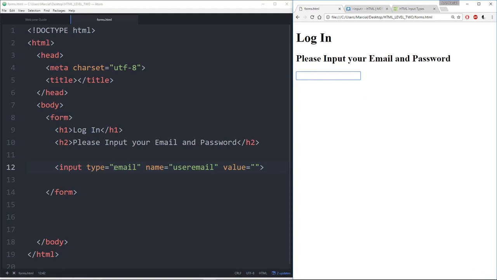And what's different between a normal type equals text and a type equals email is that the email type is going to make sure later on, when we actually click submit, that we have an at gmail.com or at yahoo.com or an actual email in there. So for a normal text type input, you could just put in user and it would work. But for a type email, it's going to make sure that you actually have an at and then a .com or